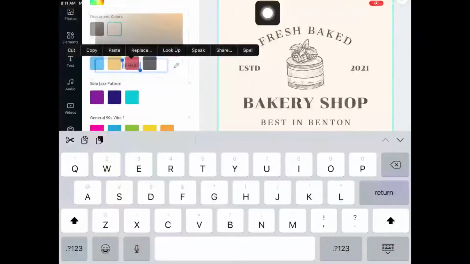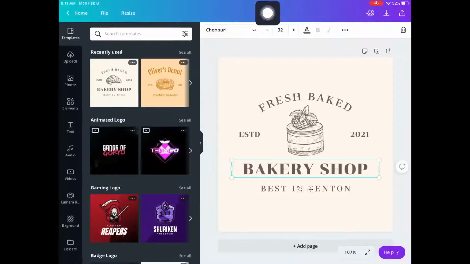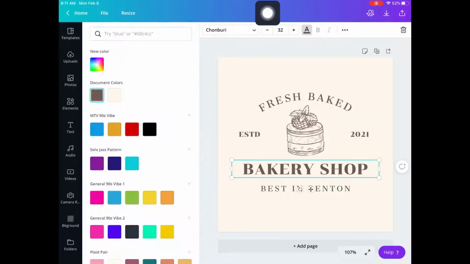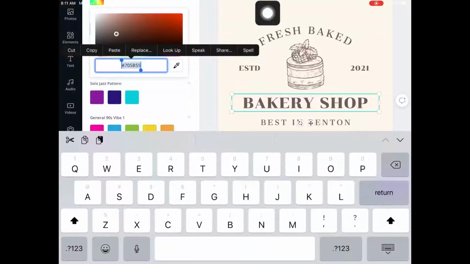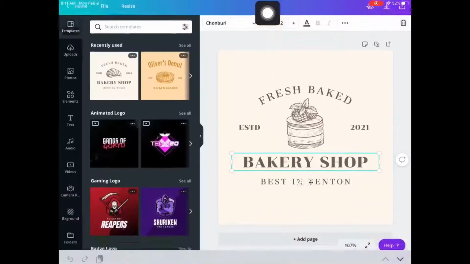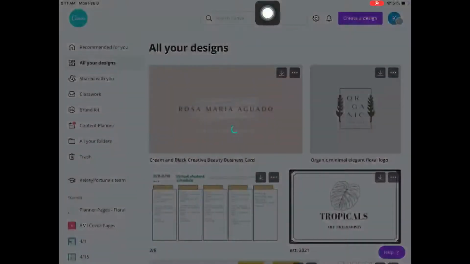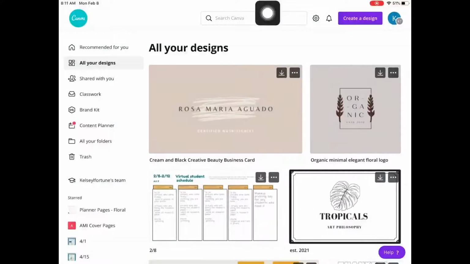Okay, so I wanted the color for that one, and then I also wanted the color for the text. So again, this one you won't have a little thing up in the corner. It'll be an A with the color underneath it. So I'm going to click New Color, click down here, and this time I am going to copy it. So now I go back, open my business card design,